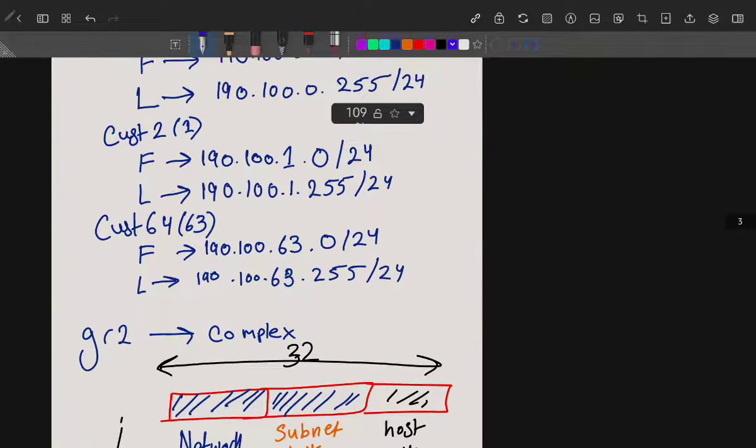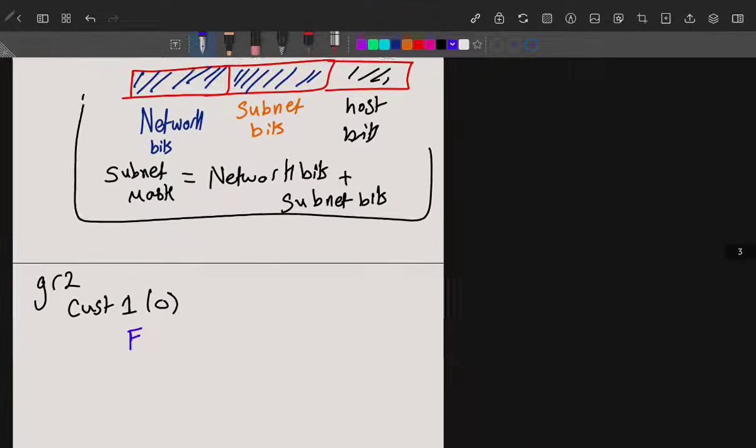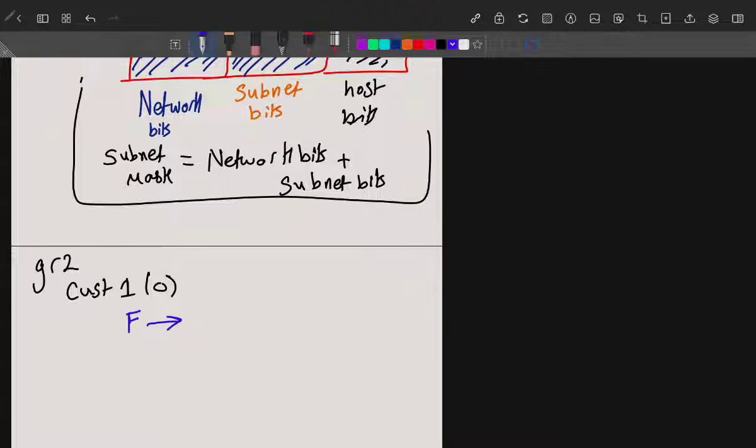The last address is 190.100.63.255. Therefore, the next address for customer 1 would be 190.100.64.0 with the subnet mask of